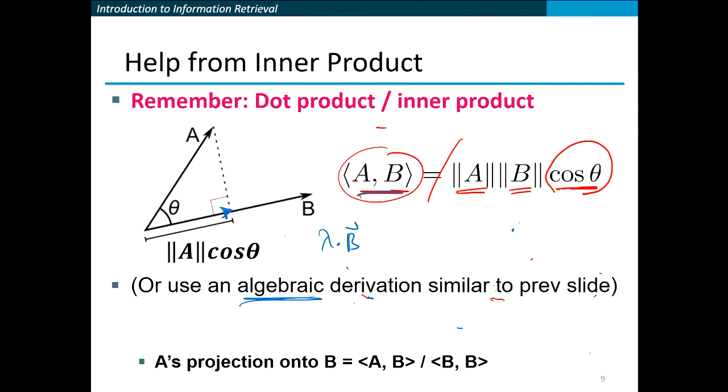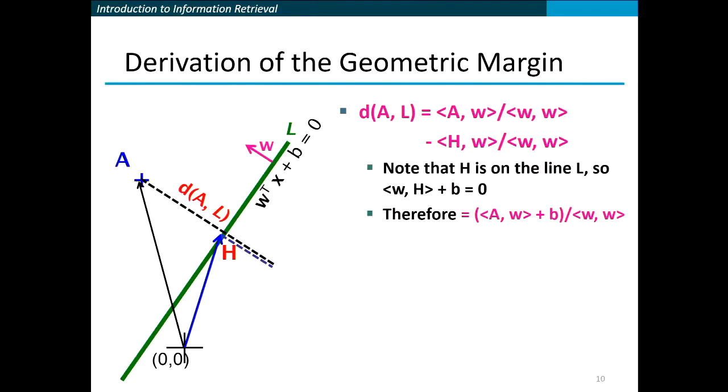So I don't know this one, but I know that A minus this one is going to be this vector. And this vector is going to be perpendicular to B, right? This is going to be 90 degrees. So this means if I do the inner product, it's going to be 0. Okay? So you work out this vector like this with a variable lambda, and you know that this vector should be perpendicular to B. And the inner product has distributive laws and symmetry and so forth. So you do the derivation, and you can easily derive the final thing, which is